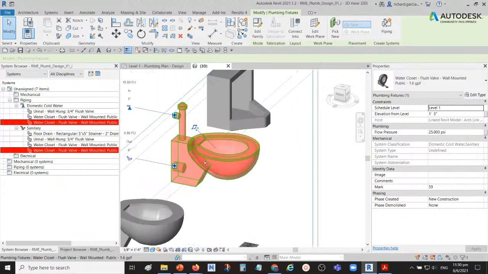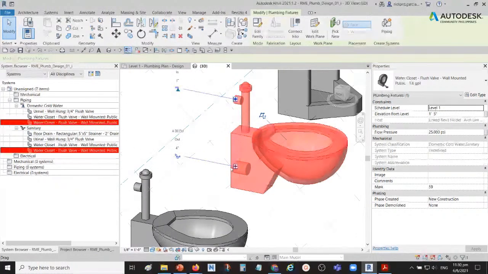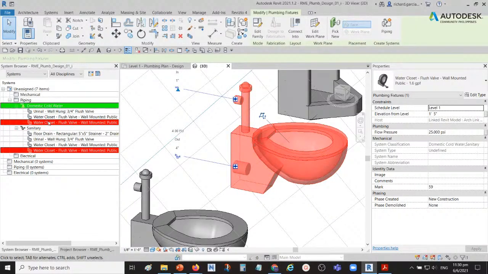Because this family contains connectors for sanitary. You see that symbol? That is for sanitary. You see this symbol? That is for domestic cold water. That's why this water closet is included under the domestic cold water, because it has a connector, and